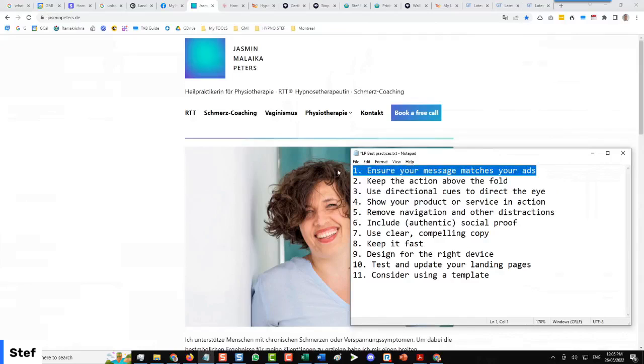So we're not coming from an ad perspective here. We have no Google ads to look at. We have no Facebook ads to look at. So obviously we cannot really comment on that point. But just to give you an idea, if